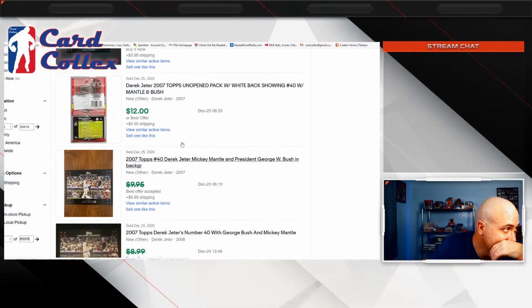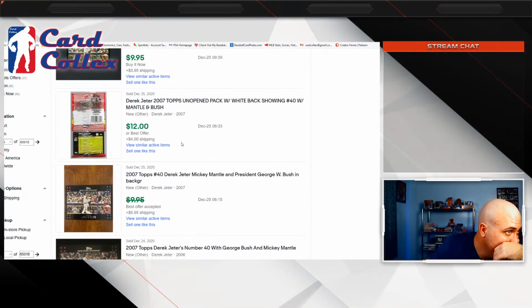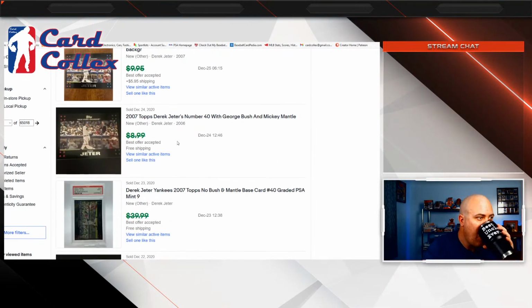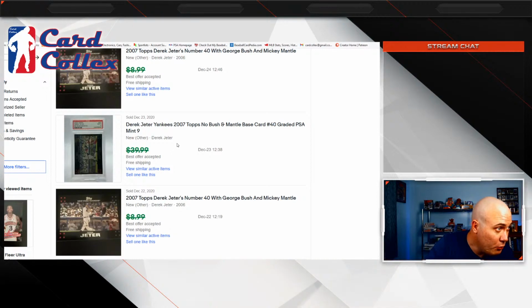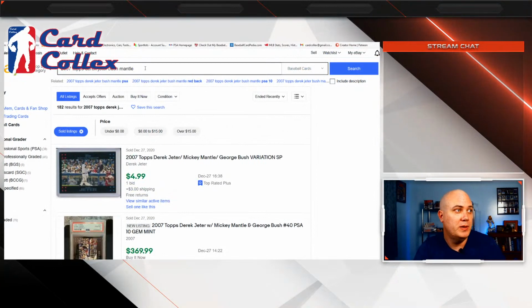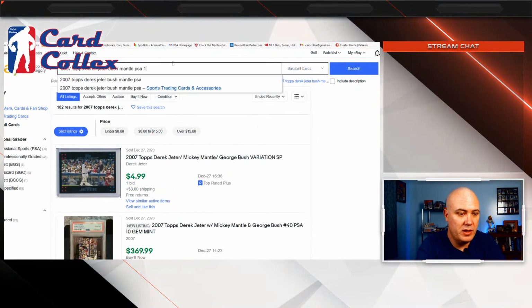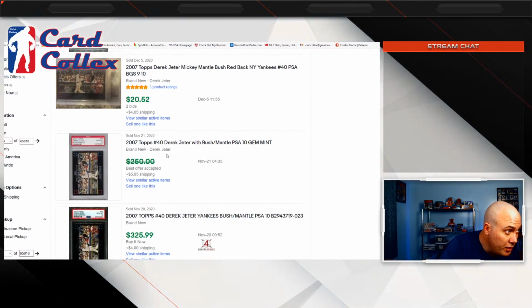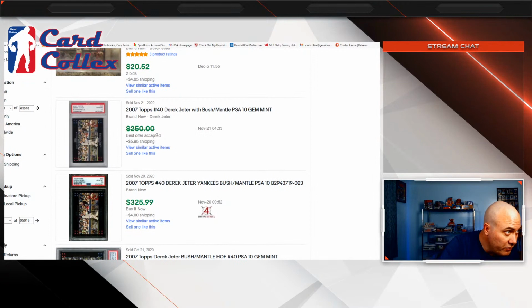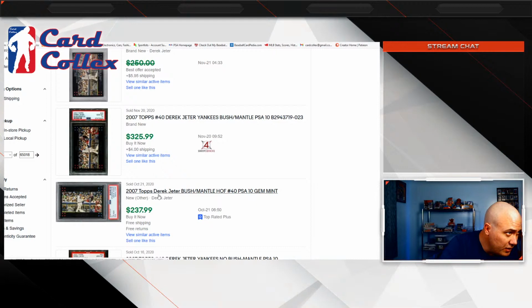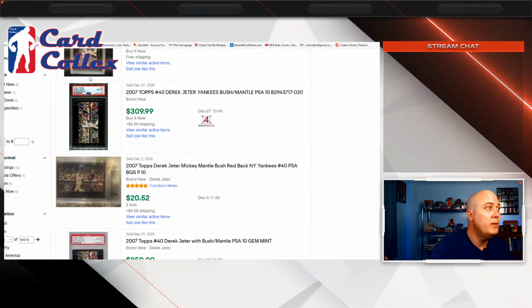But I've got some other ones that have probably come back pretty strong. $300. Let me see here. Just put in PSA 10. I had no idea they were going for that much. 300. There's a best offer for less than 250. 325, 237. These are all over the place. Of course, this is a month apart. So from 237 to 325, and these are probably pretty rare.